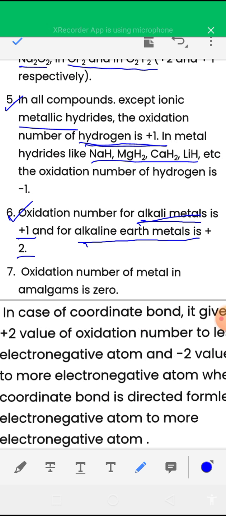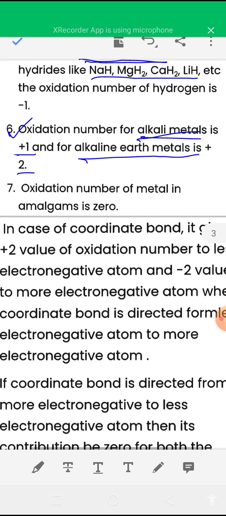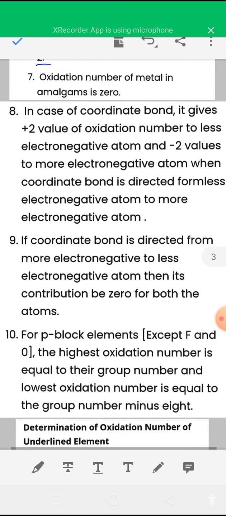Oxidation number of these elements in compound is always +2. Oxidation number of alkali metals is +1, and oxidation number of alkaline earth metal is +2. And oxidation number of metal in amalgams is 0. Okay, and point number 8,